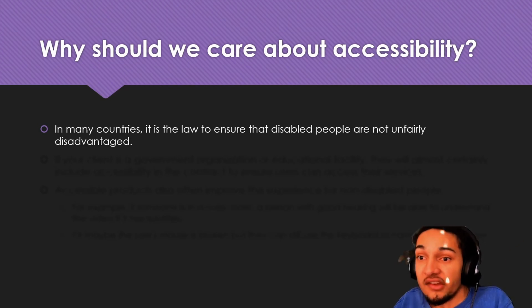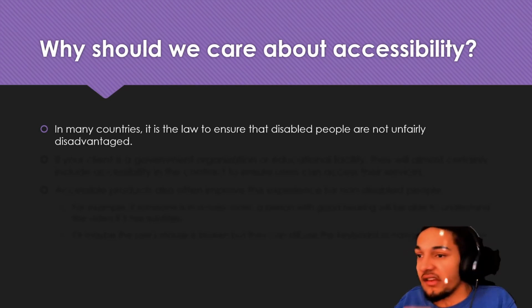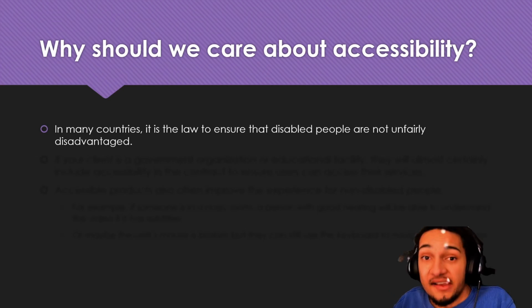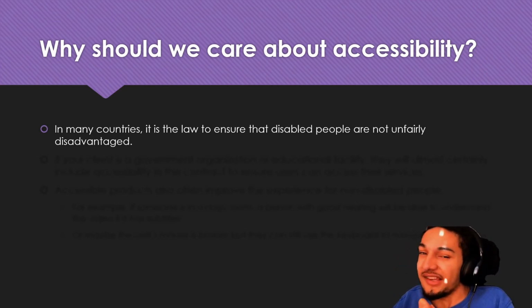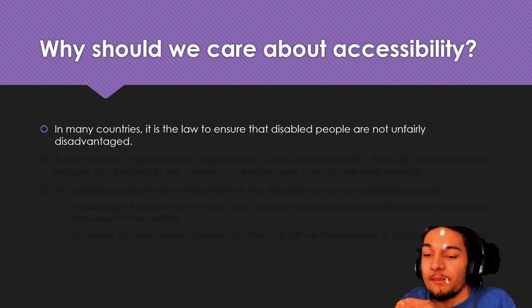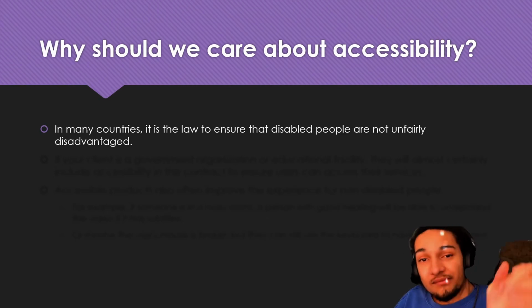Any reasonable adjustments to ensure that people are not excluded based on race, religion, gender, sexuality, age, and that sort of thing, and disability. I can't speak too much for American law, but I believe it says something similar. You have the Americans with Disabilities Act, I think it's called. And the EU will have their own version as well. So by law, you should be complying anyway.